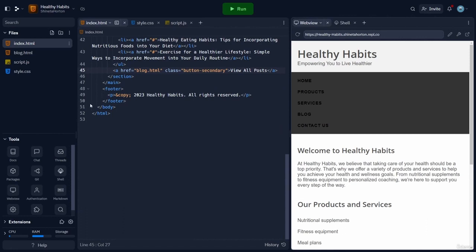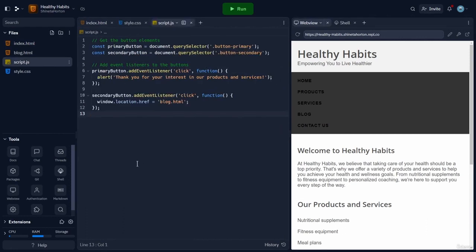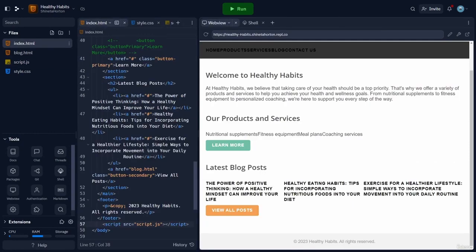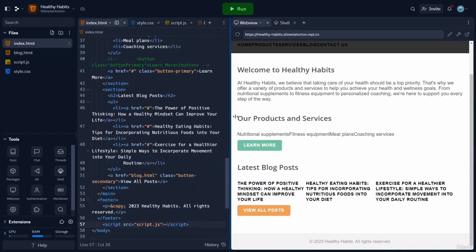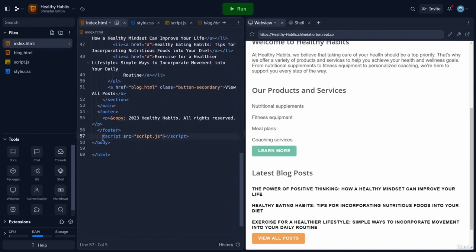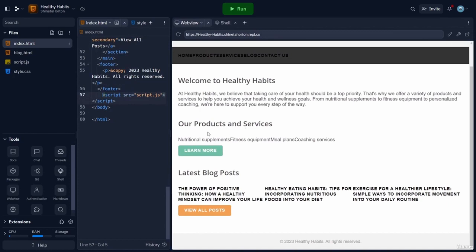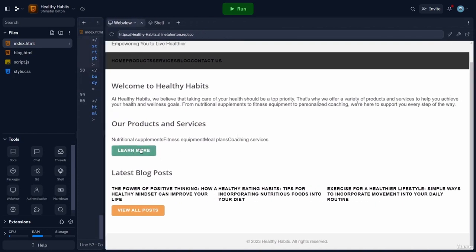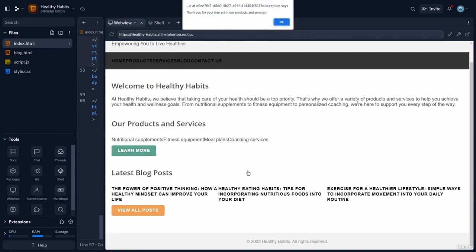So I'm going to change the HTML to see if I can get the alert to come up. Okay, I was able to identify the issue, and the issue was actually the location of the script tag. And so I've removed the script tag from the head and placed it right before the closing body tag. And now when you click on the button, the alert comes up that says, "Thank you for your interest in